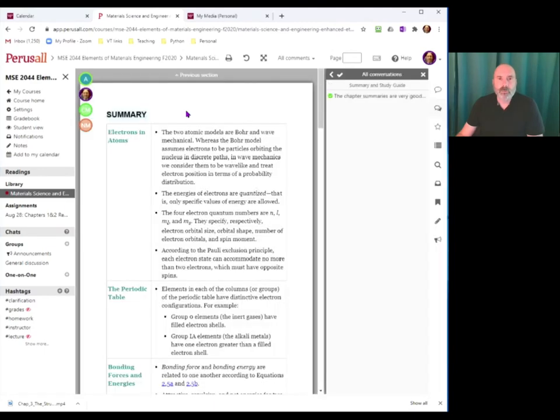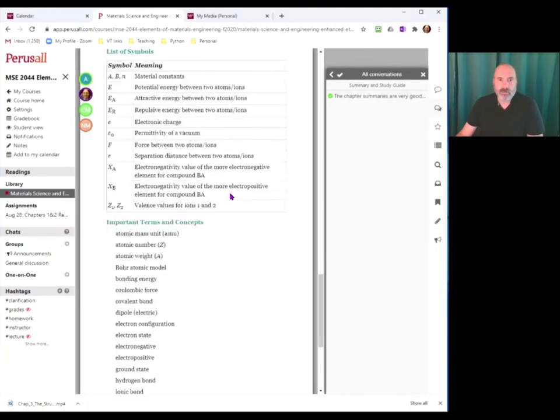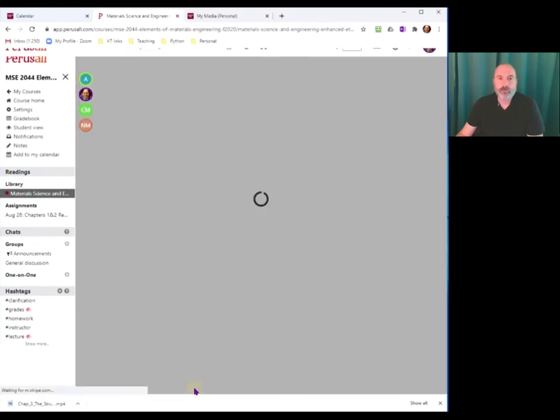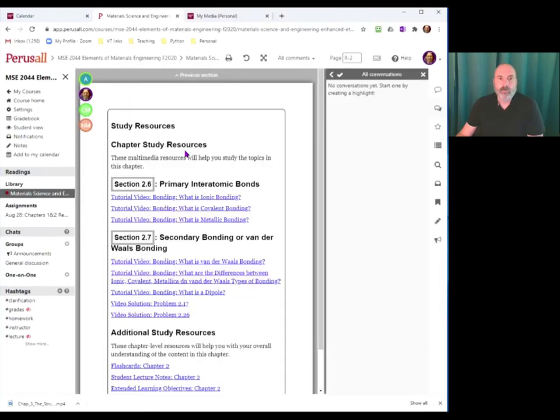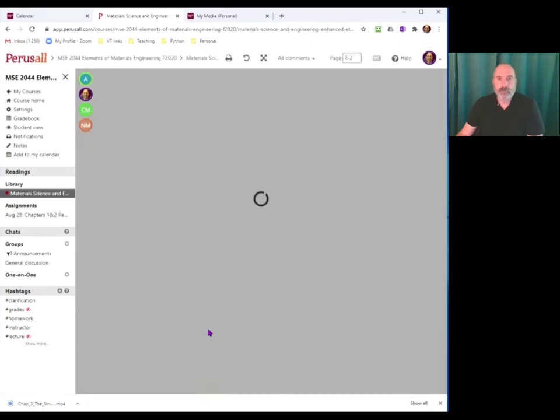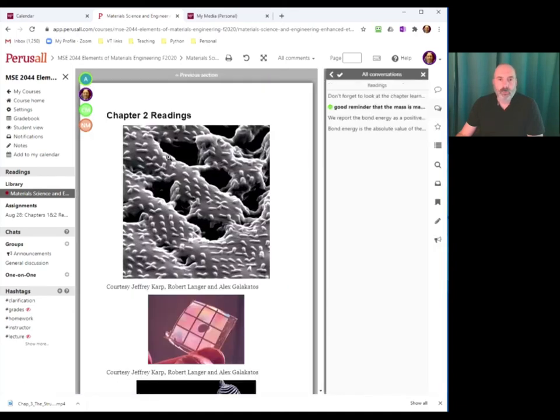And then as we move out of this section into the next section down here, this will start to move into your text. Those are summary pages. Take a look at those. Very useful. Resources. All right, finally we're getting to the text part. There we go. When you get into the text part, then you'll find